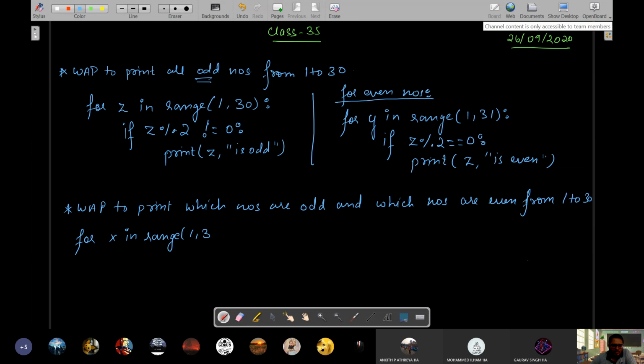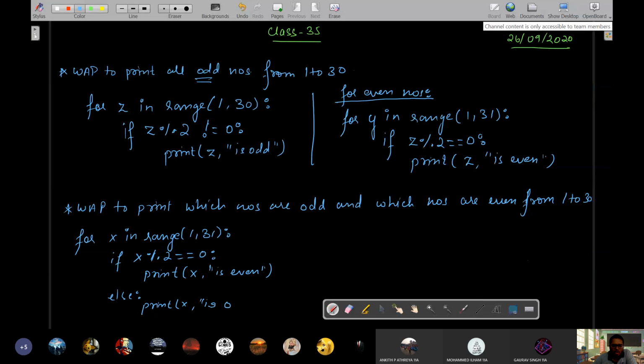You'll start with 1 to 31 now, because both odd and even you have to print. You'll write if x mod 2 is equals to 0, then you will print x is even, else you will print x is odd. ये बताओ, ये 3 cases, is it clear to all?